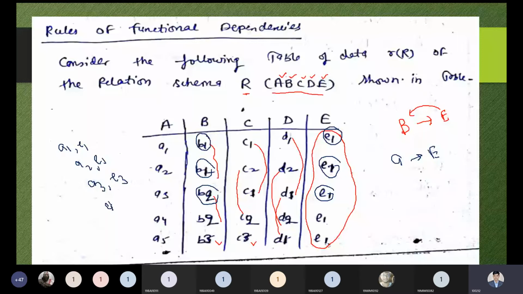But the rest of the other attributes like B, C, and D, these three attributes do not repeat the same values again and again. They also have repetitive values, but it does not repeat again and again. Okay, B1 and B2 are coming, but B1 and other values are not coming many times. So this is the point we need to take care of. C also has values C1, C2, C1, C2, and C3. Same thing, we have D1, D2, D2, and D3. So here we have some points we need to take care of. Now any doubt over here? Please tell me.